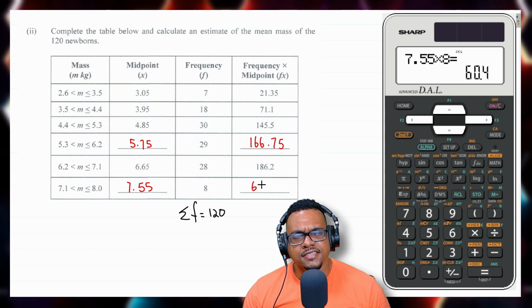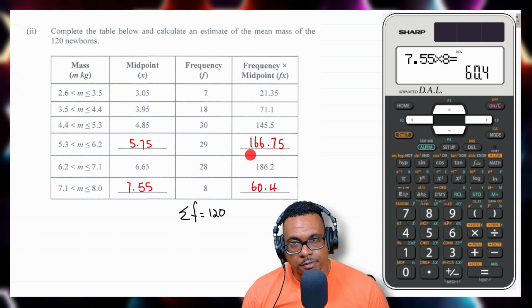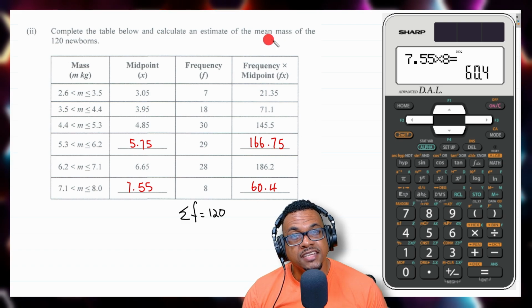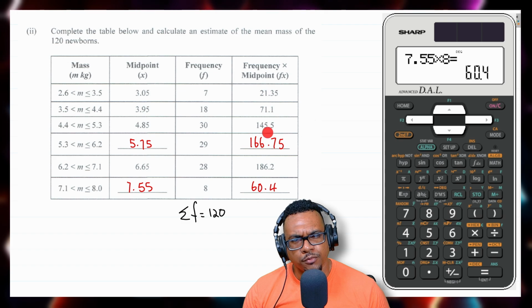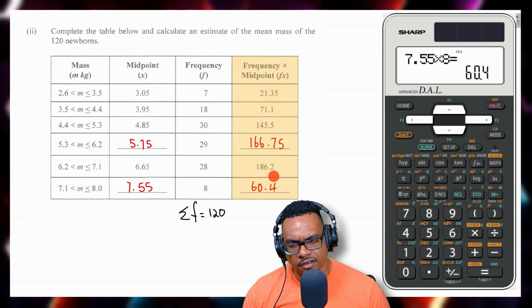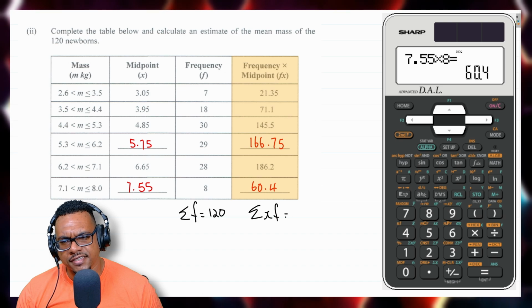So I'll have 60.4. So we have filled out the table, but remember we want to calculate the mean mass. So we need to get sigma XF, which means adding up all the numbers in this XF column. So I'm going to have sigma XF is equal to,